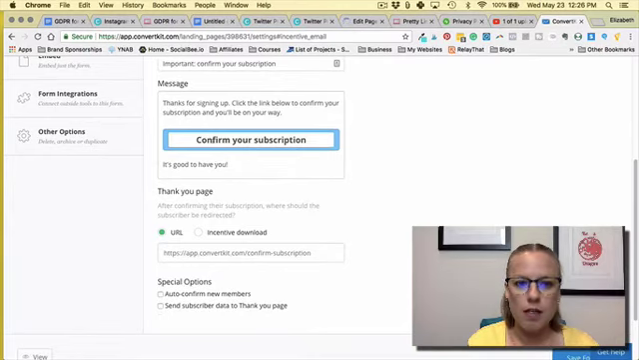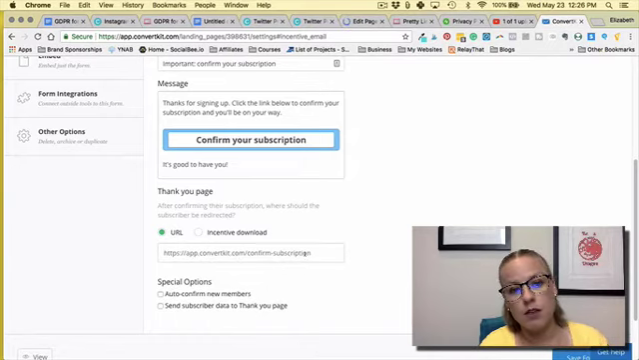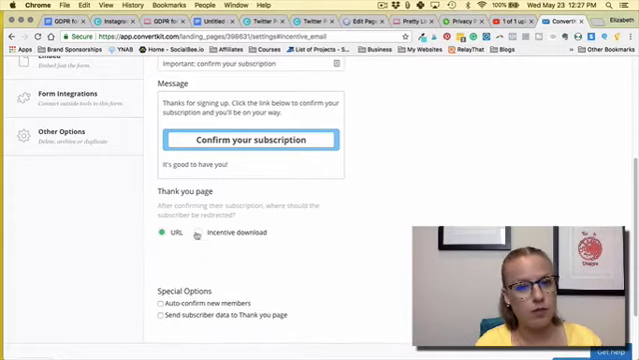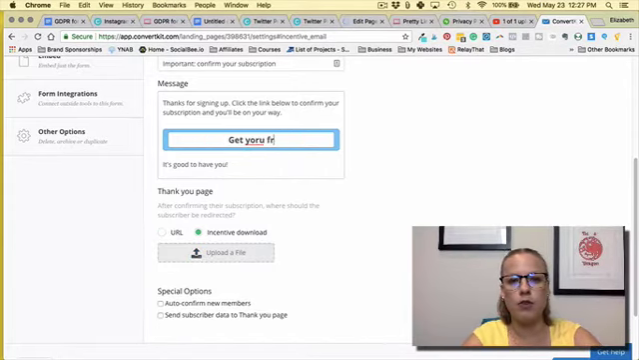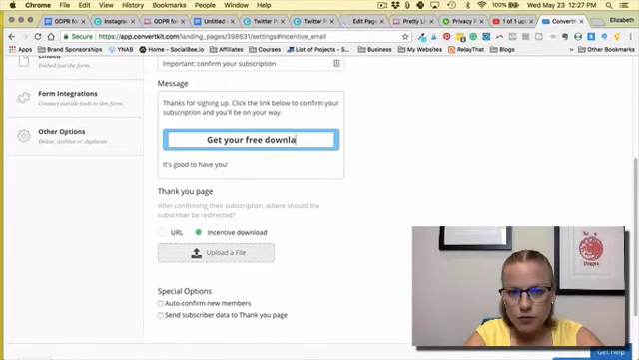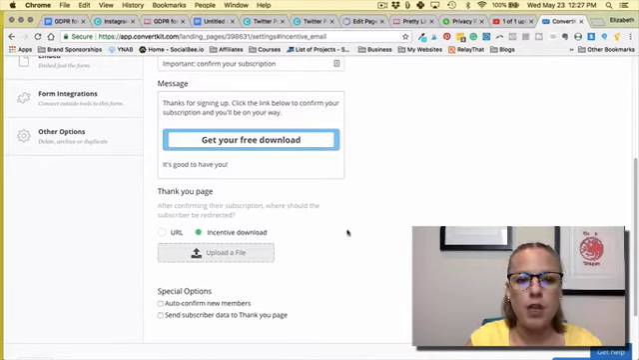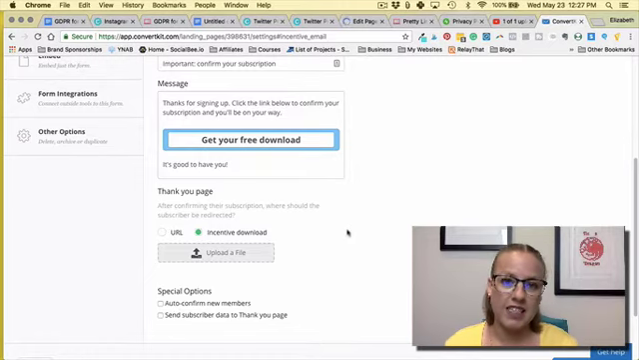when they click on this, you can send them to a thank you page. And that thank you page could be the download, or you could have it just be the download itself. And you can even change this to say, get your free download. I can't type. The problem with this is they're required to give you that consent in exchange for the